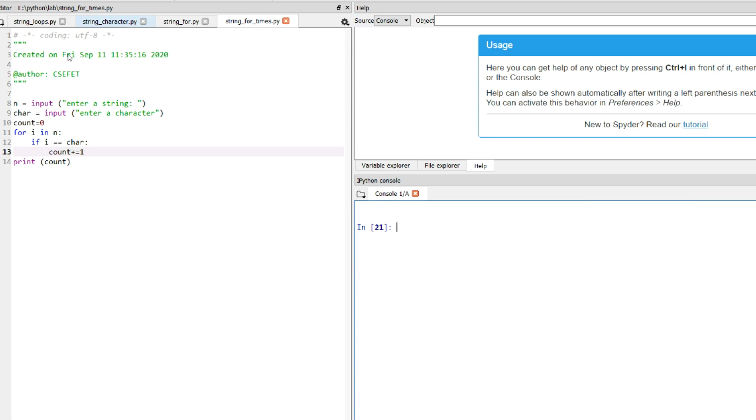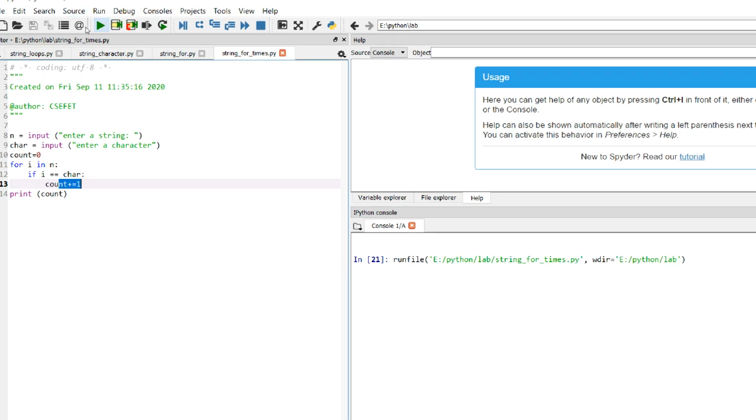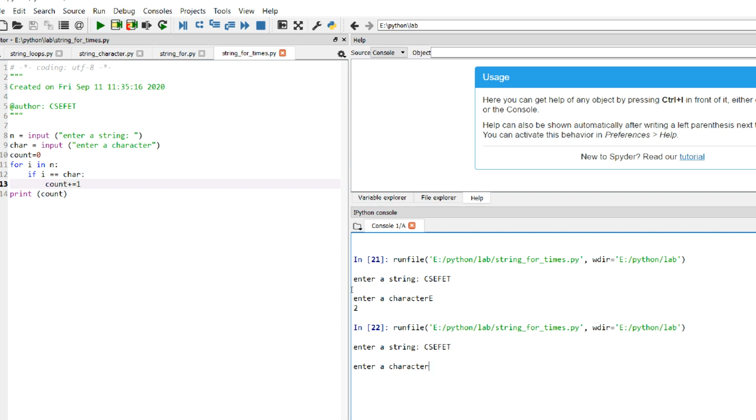Now again we run the program. Now it is more visible. Now we enter the string CSCFET. Now it says enter the character, we enter E. Now see, it gives the number of times as 2. Again if we run the program, we enter the string CSCFET and we give a character X, it gives 0.